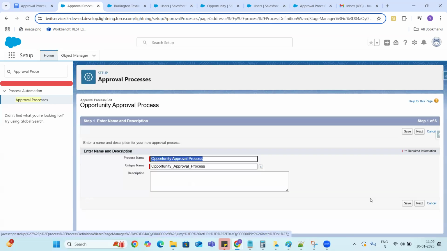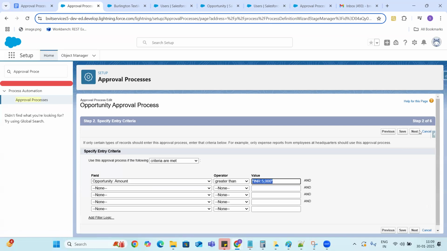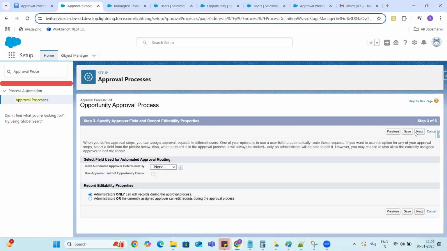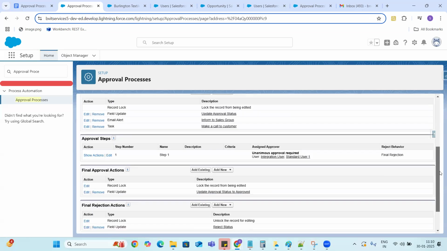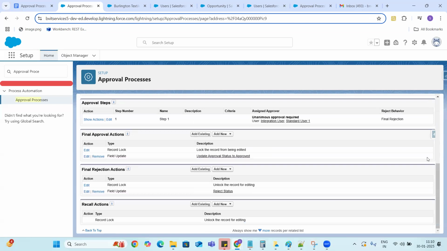When you click on edit, this is the one you can configure. Initially it might not be possible, but after that you can edit and configure it. That's the reason that while creating the approval process, we will mostly use the Jumpstart wizard, and after that, we will configure the things.